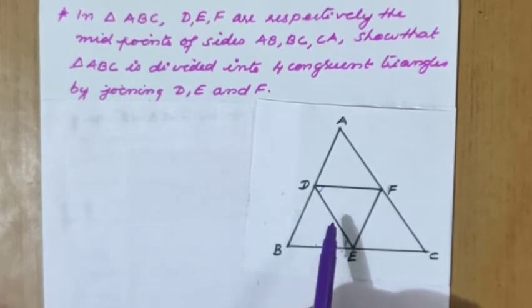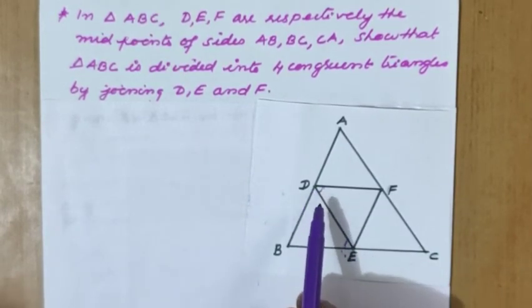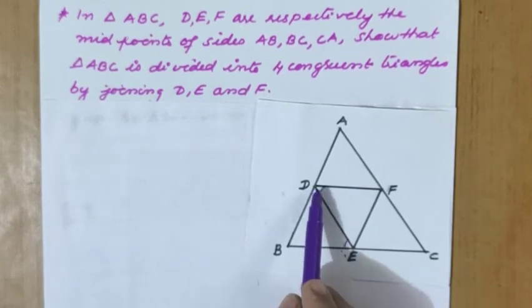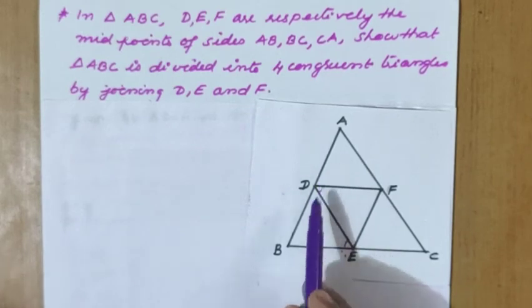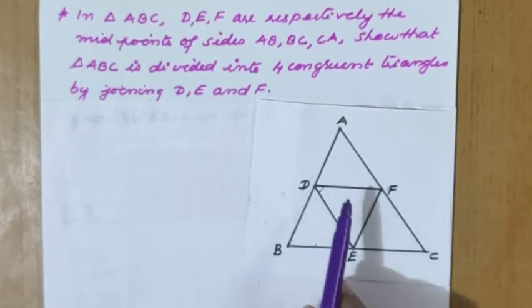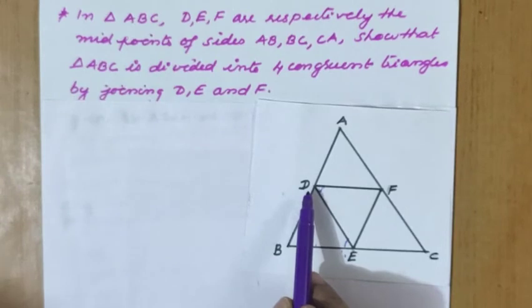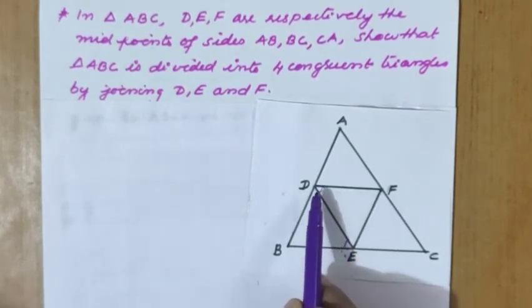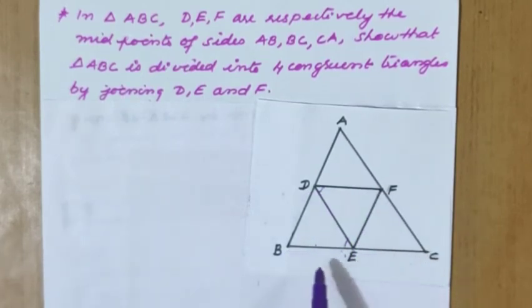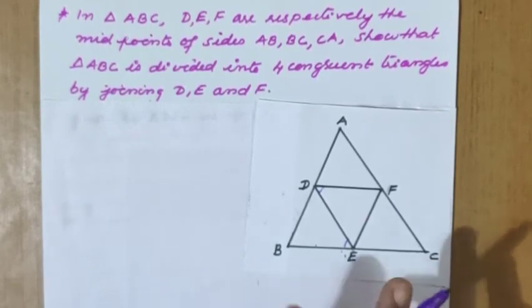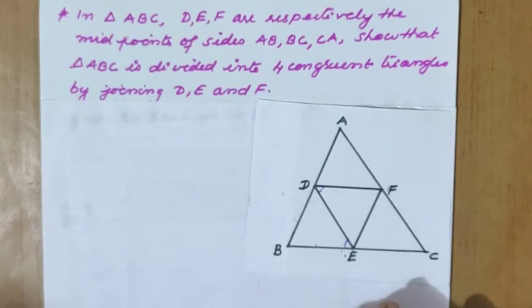So the first step is that we will consider the midpoint theorem application here. D and F I am taking first. D and F are the midpoints of which side? AB and AC. So the midpoint theorem says that the line segment joining the midpoints of two sides of the triangle, that is DF, is parallel to the third side of the triangle, so BC, and equal to half of it, so half of BC also. The same concept we are using here. With the help of midpoint theorem we are proving this one.